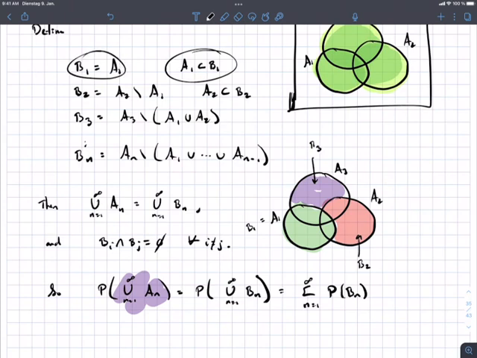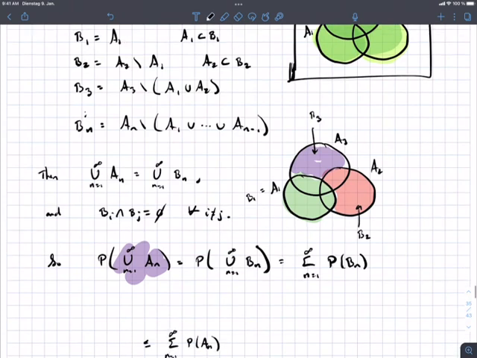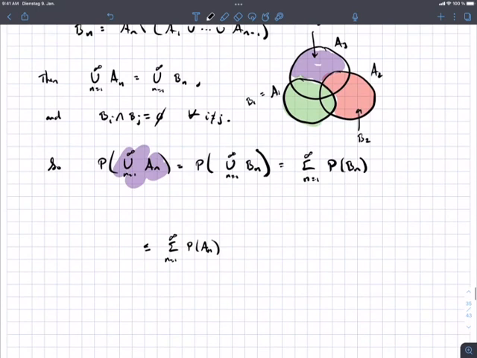Remember, this equality means I have containment in both directions, so I'm good there. Since B2 is A2, take away some part of it, I have A2 contained in B2, I have A3 in B3, and for all of these I have An is always contained in Bn, which means probability of Bn is less than or equal to probability of,